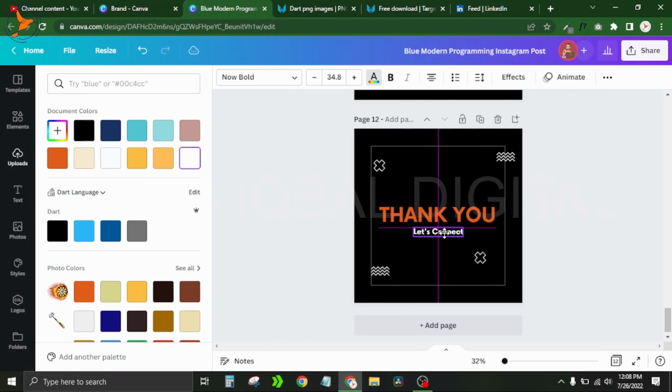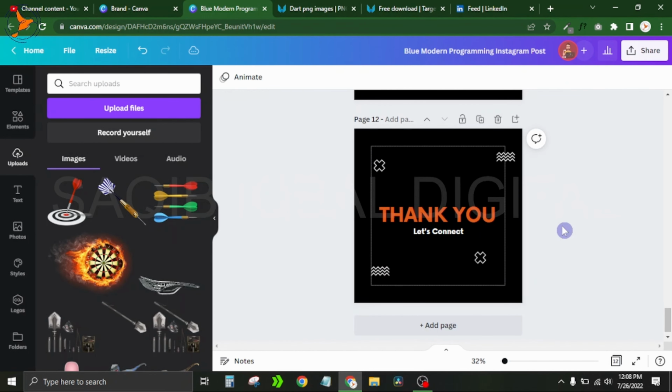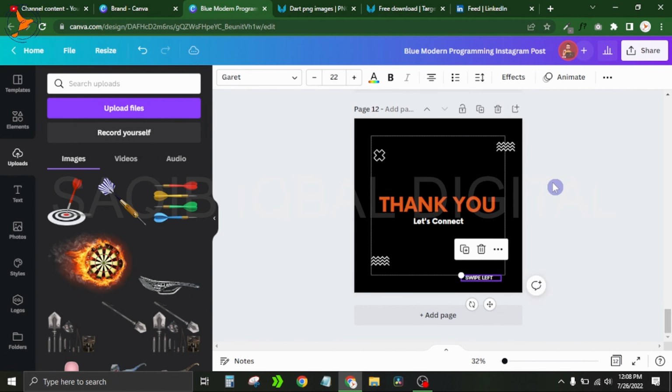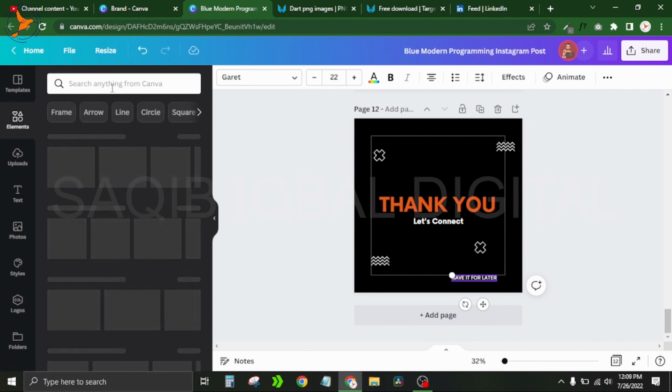Okay, so this carousel is basically for social media. So let me copy the swipe left button, but this is the last slide, so I write here, save it for later. People use this, save this PDF or image, whatever. On LinkedIn it is shared as a PDF, so it gives a carousel view,